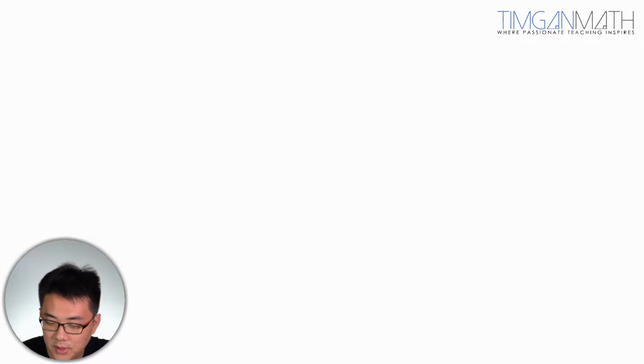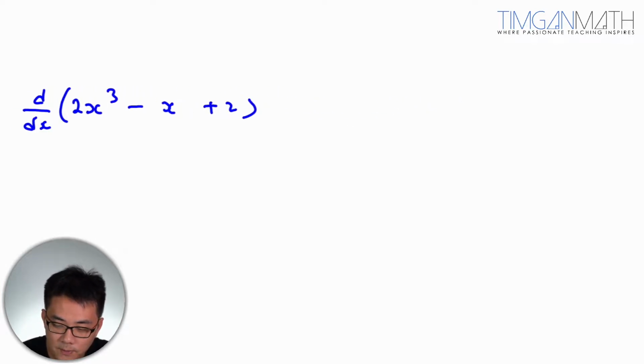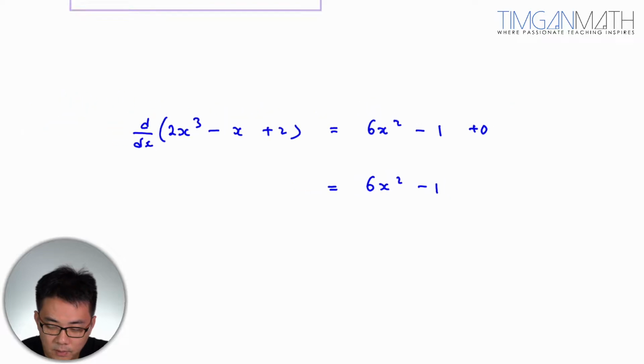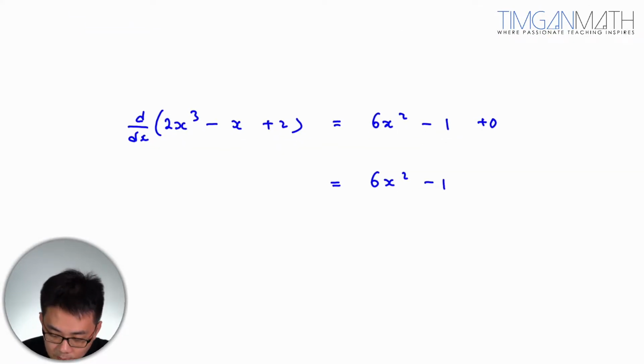Power functions are like when you differentiate, let's say this is 2x cubed minus x plus 2. If you differentiate this with respect to x, what you will get is 6x squared minus 1, plus 0. Differentiating 2 will be 0. Differentiating minus x will be negative 1. So this will be 6x squared minus 1. Alright, so the thing is, when we are trying to write this out,